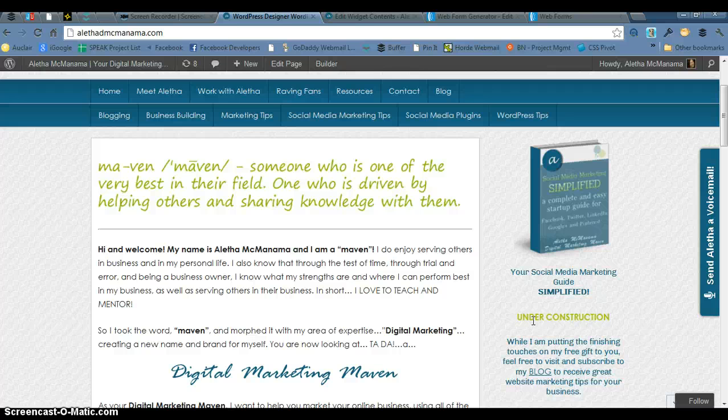Depending on what your business is, it should be something you feel is worth a lot of value, maybe something you can later use as an ebook that somebody can purchase. But right now, you can use this as a way to grab readers and provide them with a great